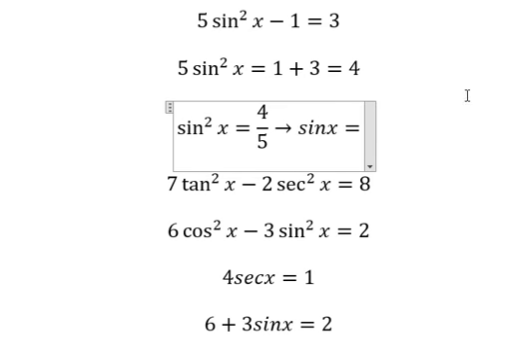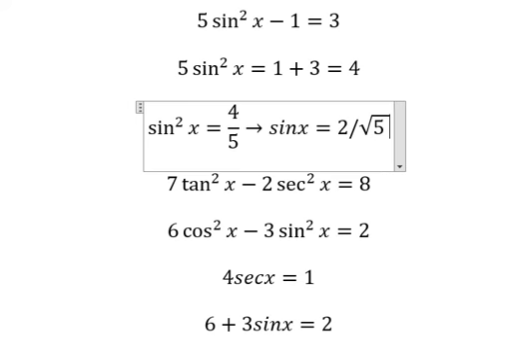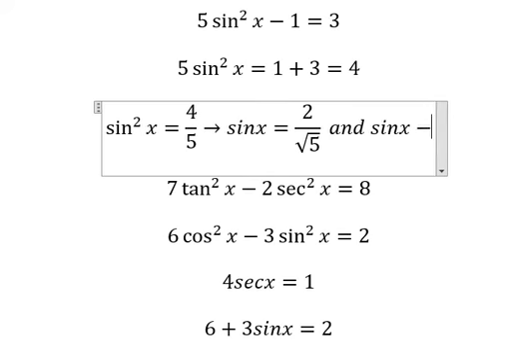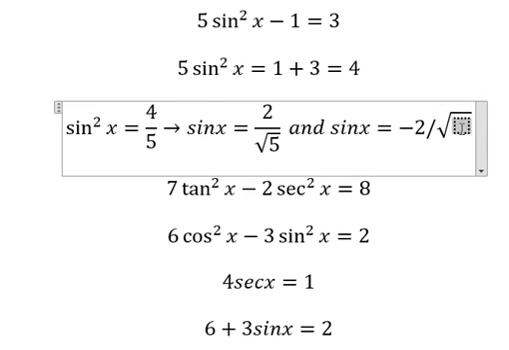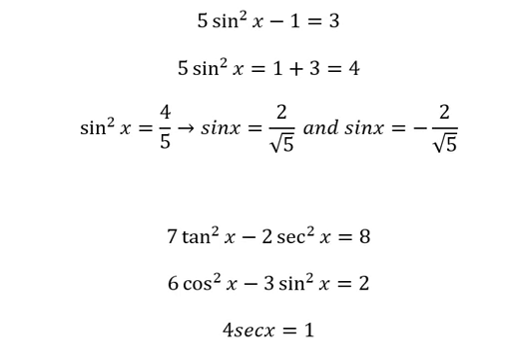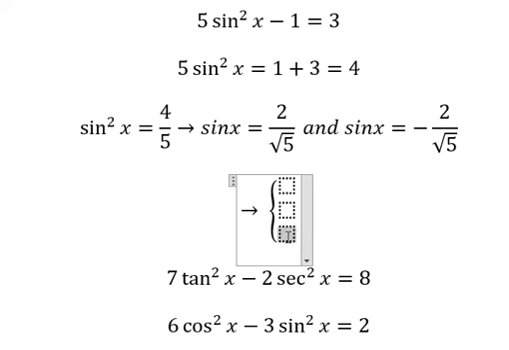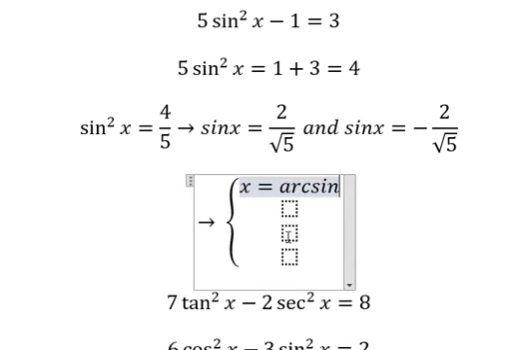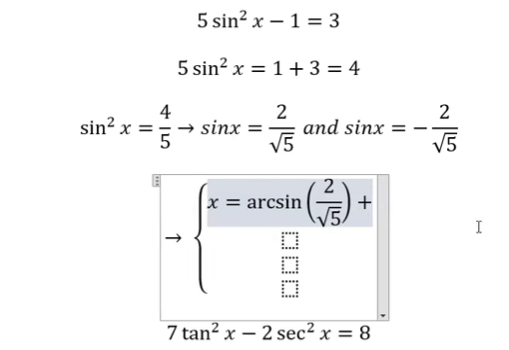Sine x equal to 2 over the square root of 5, and sine x equals negative 2 over the square root of 5. And then we have 4 solutions in here. So we got x equal to arcsine of this number in here plus k 2 pi,